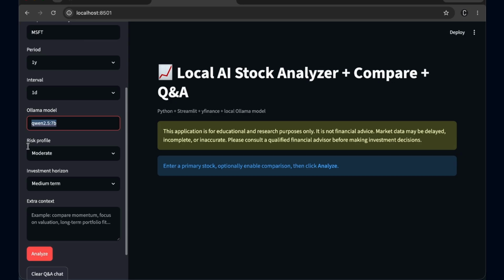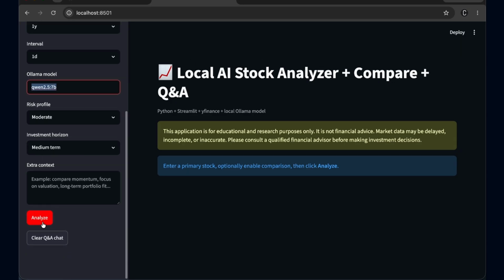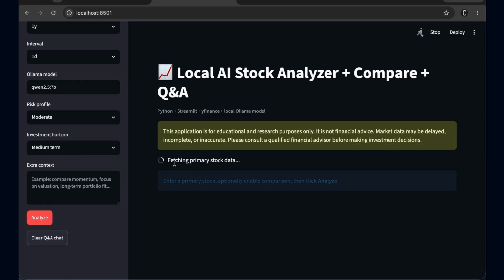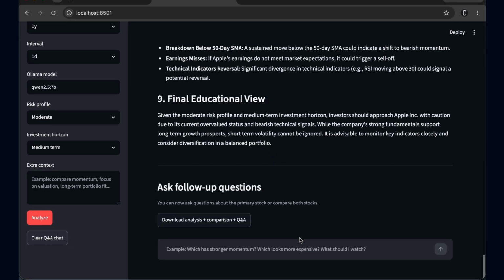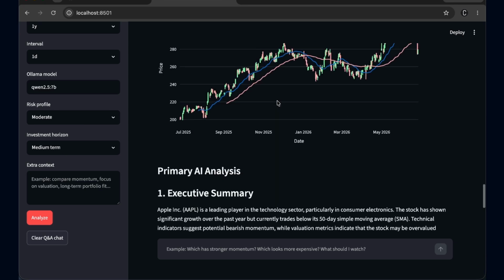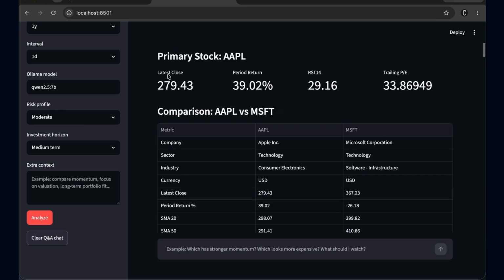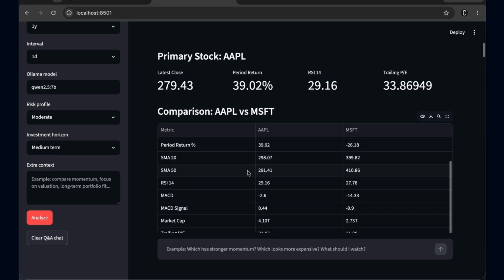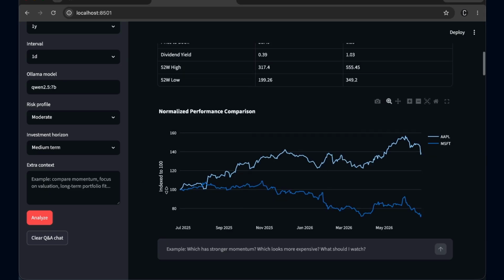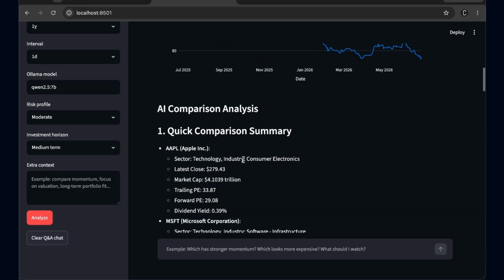On the left, configuration. You can select stock analysis metrics like period and interval. Once you click on analyze, it's going to take a little while because it connects to the local Ollama, and Ollama tries to analyze. Here you can see how the comparison graph is generated, and you have a comparison, relative momentum, relative valuation, quality, etc. Right? Now, this data makes sense. It gives a very good overview of